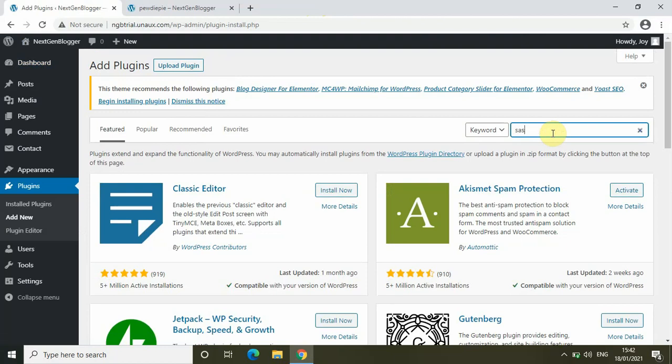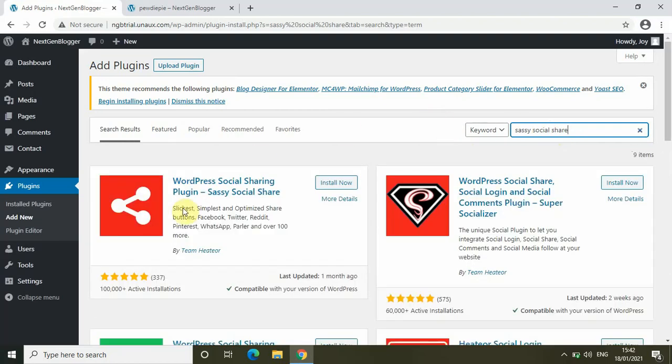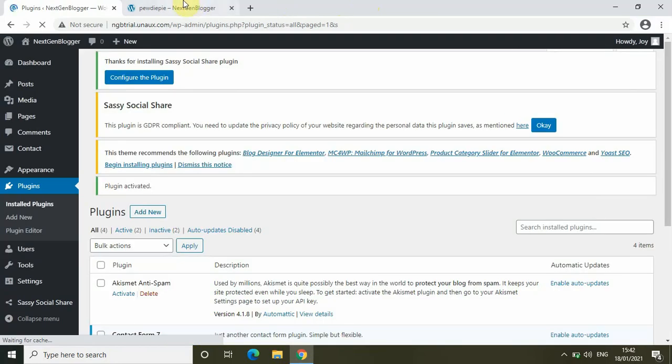You will see the Sassy Social Share plugin appear right here. So click on install now, and after the plugin is installed, click on the activate button which is present right here.